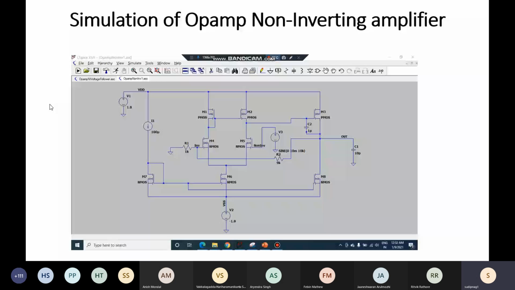Op amp getting saturated means the op amp output is going either close to VDD or close to VSS or ground, whichever, in this case VSS. Once the op amp goes into saturation, there is a finite saturation recovery time. That is one parameter. If you look at data sheets of commercial op amps, you will find that saturation recovery time. That means once it gets saturated due to whatever reason, it will take some time to come back. And by adjusting the value of C2, you can actually determine how late it will go to saturation.